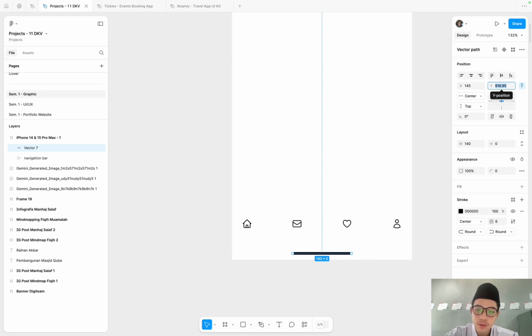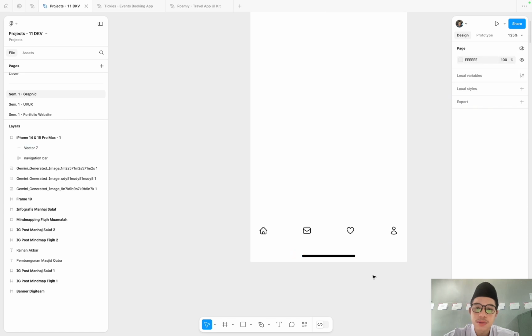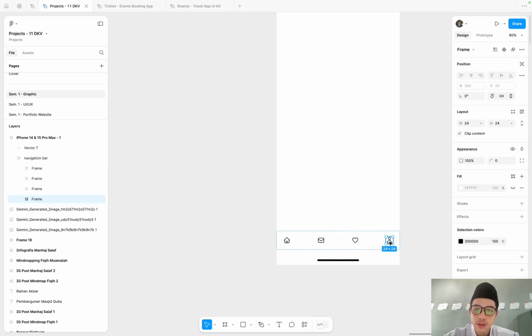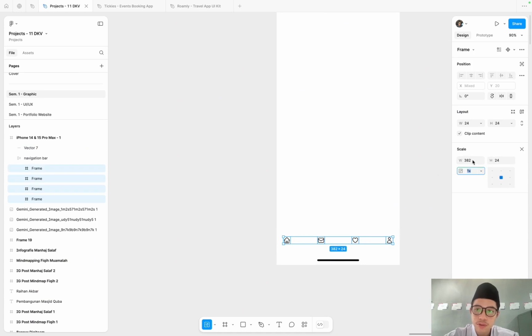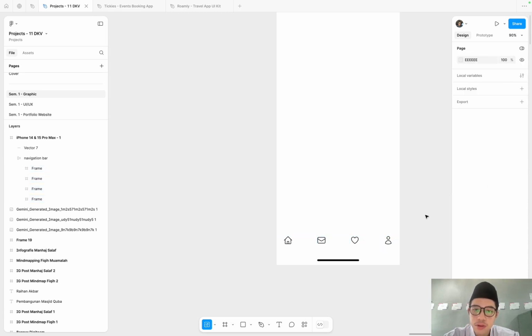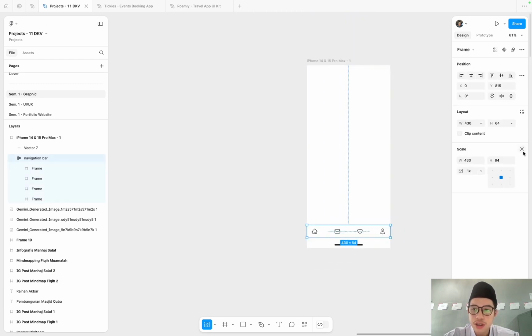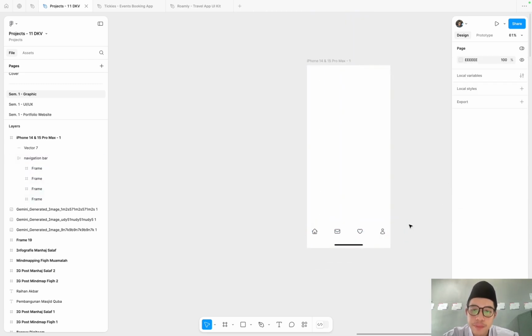And then 16. And we give a gap, about 16. And also, let's make the icon bigger. 24 to be 28. Oops, not 32. Perfect. Just for an example, we're gonna make the elements big, okay?